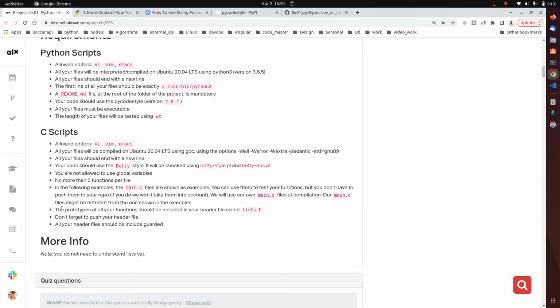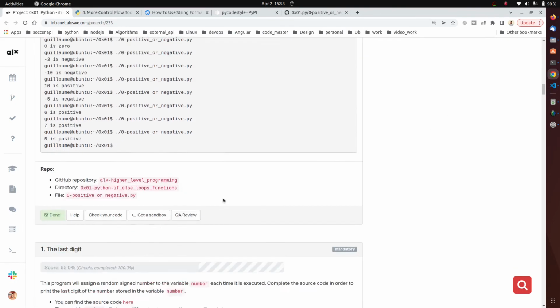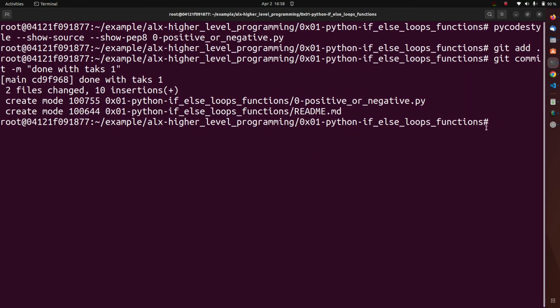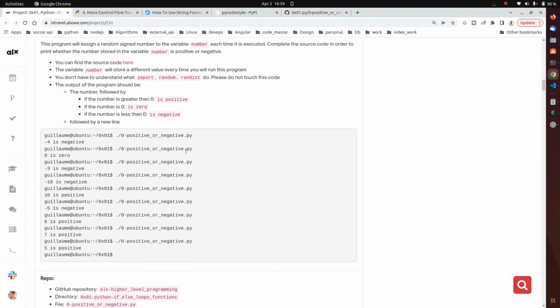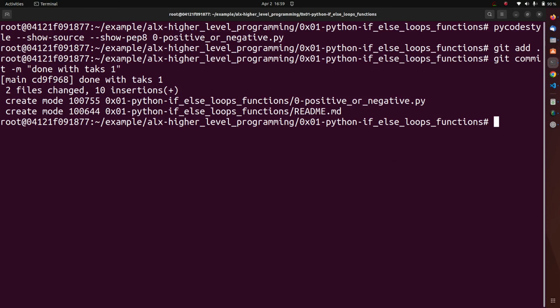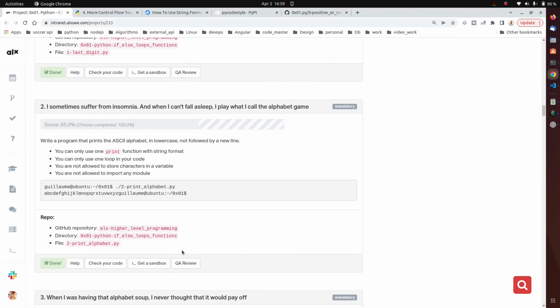So here it says the prototype of all your functions should be included in the header file. The one we just worked on, which is the first task 0, doesn't have a prototype. But there are some that need a prototype. You can see task 1 needs a prototype. So we need to create that prototype in a file called list.h. All right, so you can just go ahead and copy all the prototypes in the list.h file,